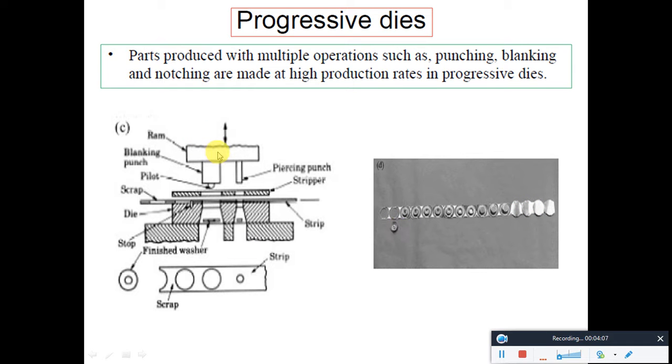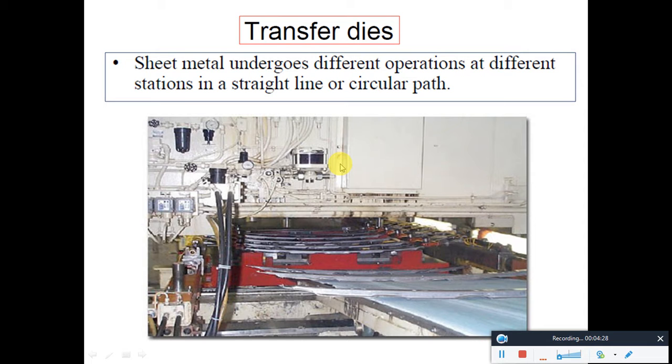Progressive dies are very complicated in shape and also in the making. But nowadays the experts are there to make these progressive dies. The process produced with multiple operations such as punching, blanking and notching is done at high production rates in progressive dies. So for high production rates, generally we go for progressive dies.